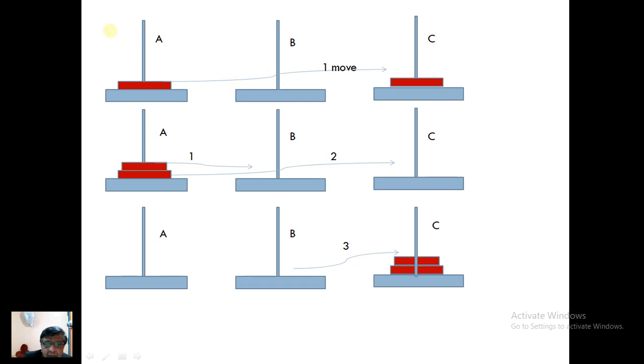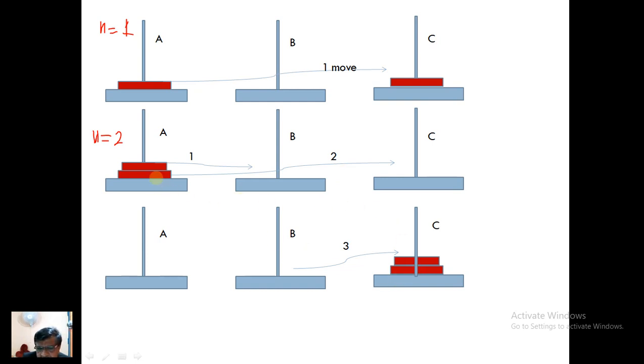Here the problem comes with only 1 disk, n equal to 1. It is placed on peg A, and it can be directly moved to C without making use of the other peg. Only 1 movement is required. Now the number of disks becomes equal to 2. Now you take the top disk and place it over here. Therefore the bigger disk becomes free and it can be directly moved over here. So this movement took one movement, and this took a second movement, and